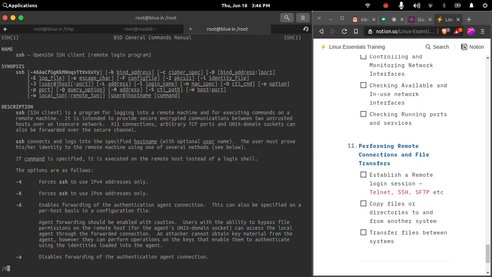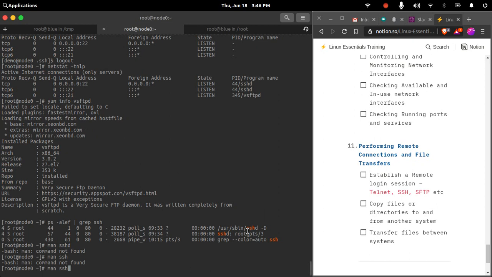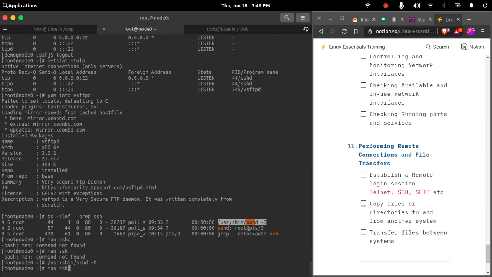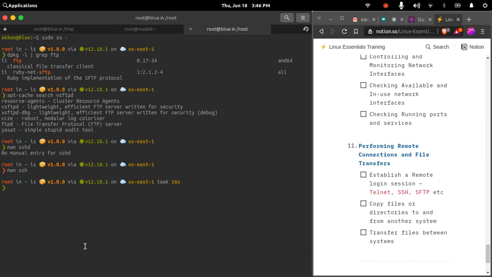Let me go here, daemon. So here on the Red Hat based system, it will be sshd -D, which will start this process in daemon mode. So let us just copy the same. So it is actually not starting. This is a container. It will have its limitations. Actually, this is not a full-blown machine. It is just a container running. So in a container, I may encounter a lot of problems.